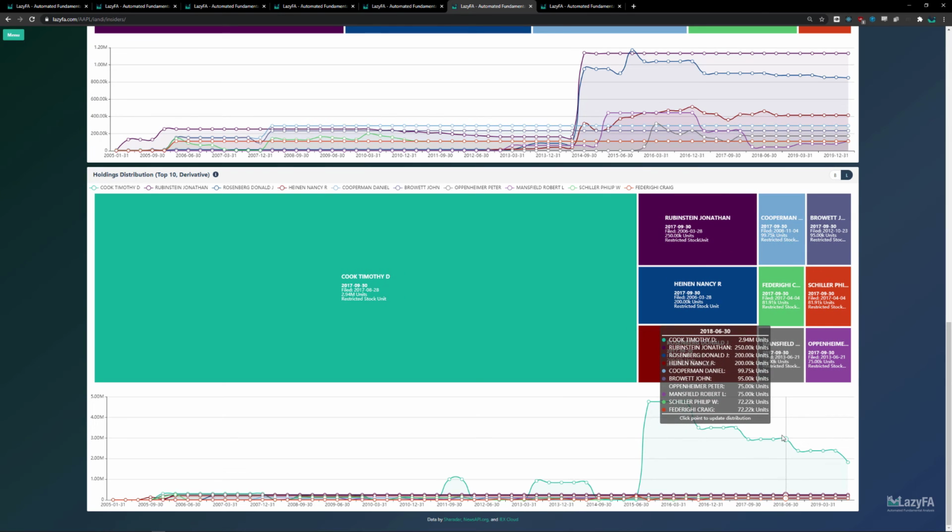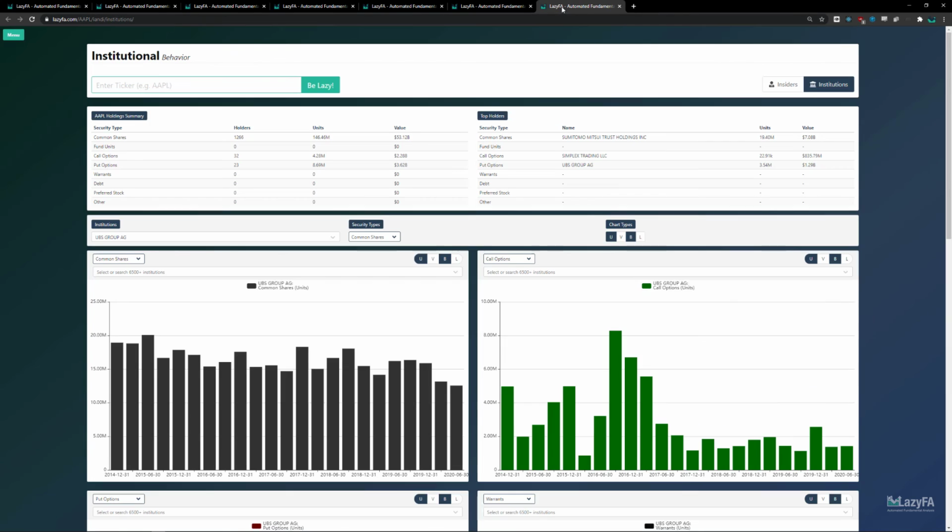All right, and the last type of chart that shows up on LazyFA, outside of the chart machine and Fin3D, which I will do a separate video for, is the institutional behavior charts. And these charts function similarly to the rest of the charts on LazyFA, they just have some different options at the top. So there is no breakdown between annual, quarterly, or trailing 12-month data for these particular types of charts,